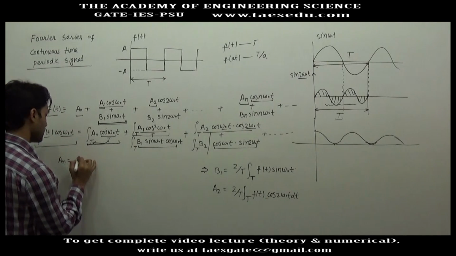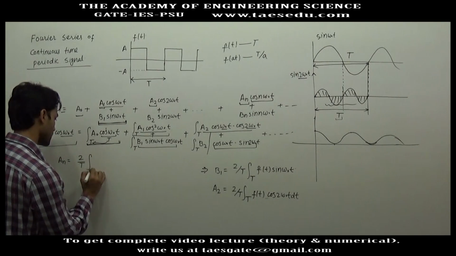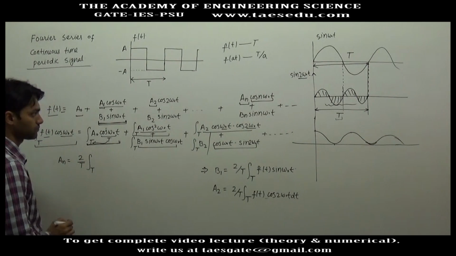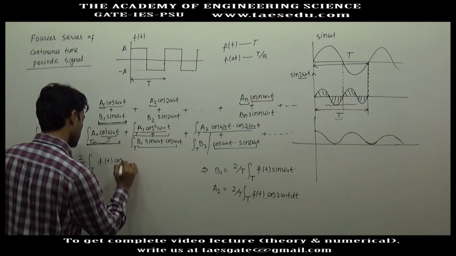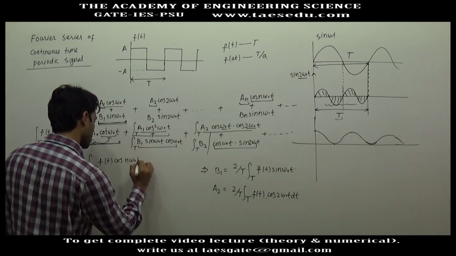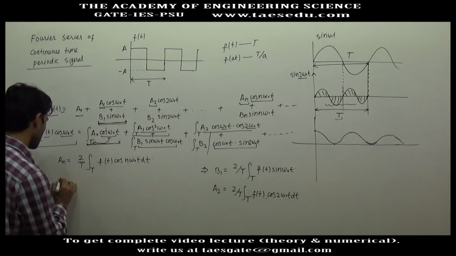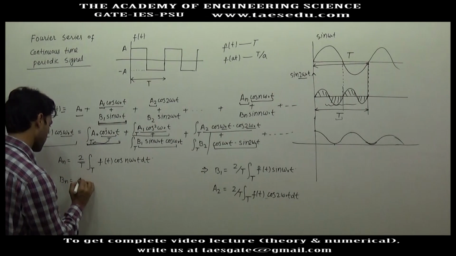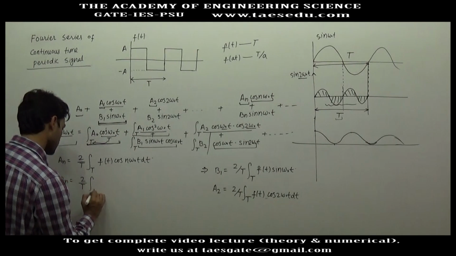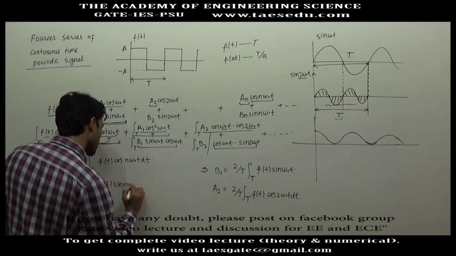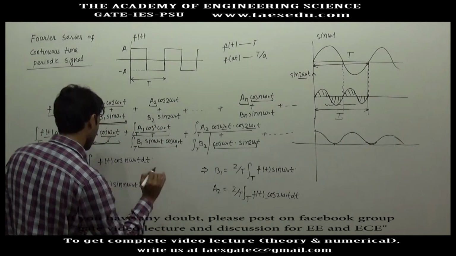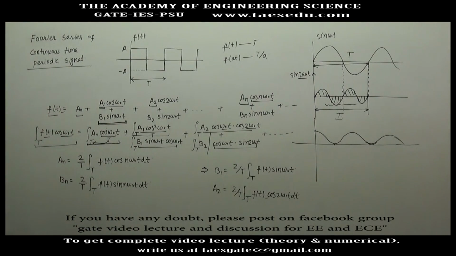So an will be 2 by T integration over a duration of T, f(t) cos n omega naught t dt, and bn will be 2 by T integration of f(t) sine n omega naught t dt. Okay,